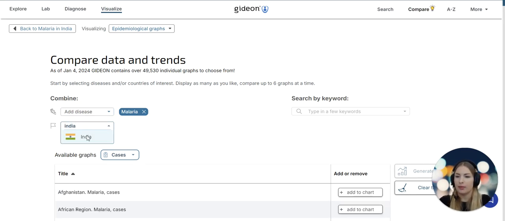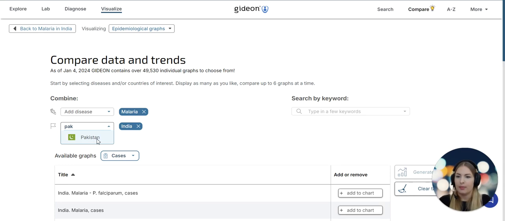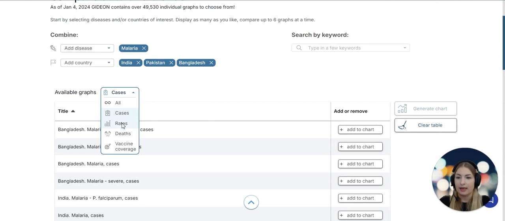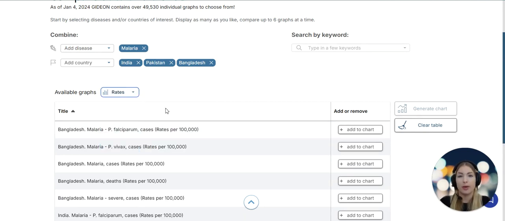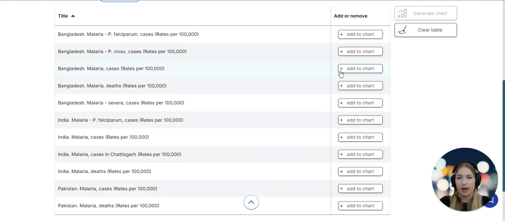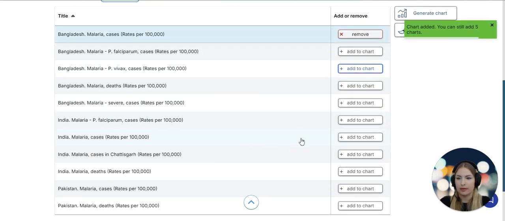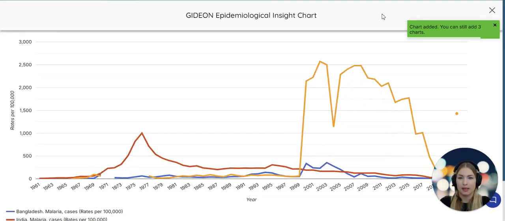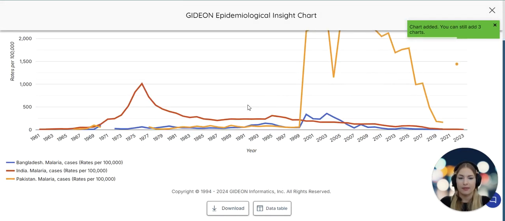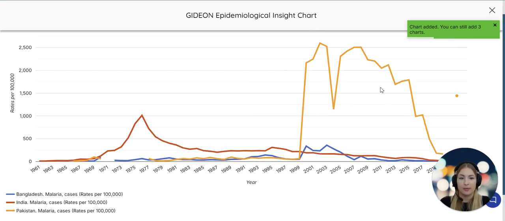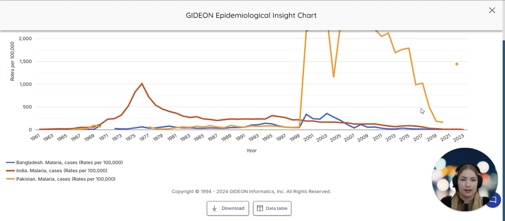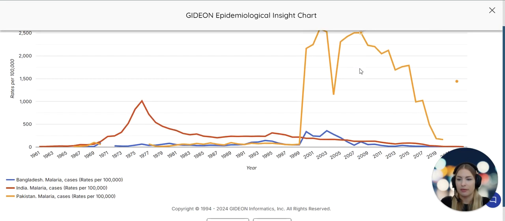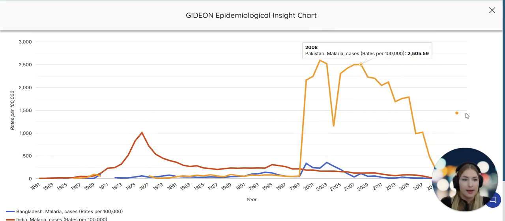So perhaps I want to compare India, Pakistan, and Bangladesh. Okay, and in this case, to compare apples to apples, we need to compare the rates. So I'm going to compare malaria cases, rates per 100,000 in Bangladesh, India, and Pakistan. I'm going to hit generate the chart, and here we have this lovely graph illustrating, well, really telling the story. And we can see that Pakistan has a much higher prevalence of malaria than India and Bangladesh when resolved by